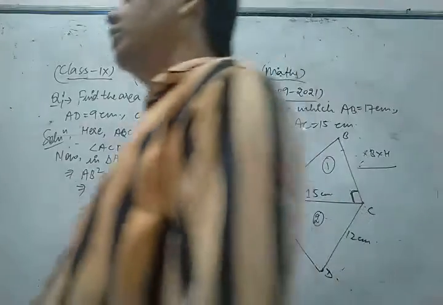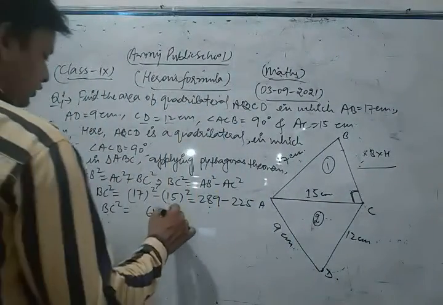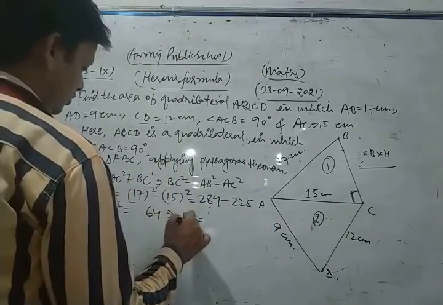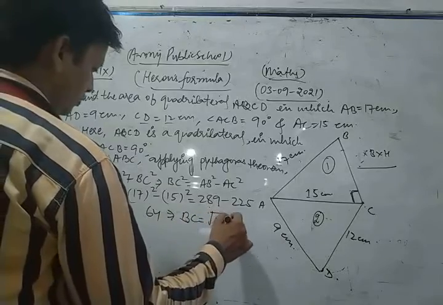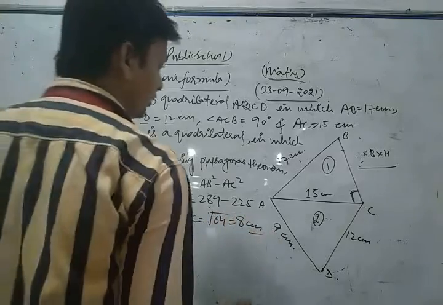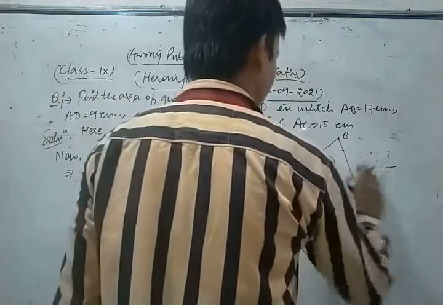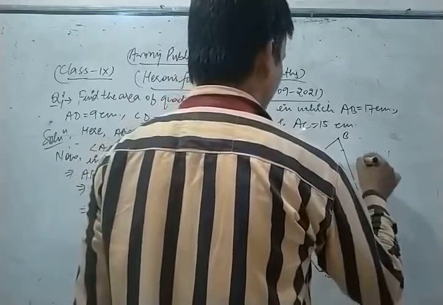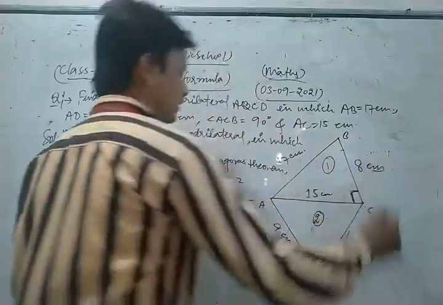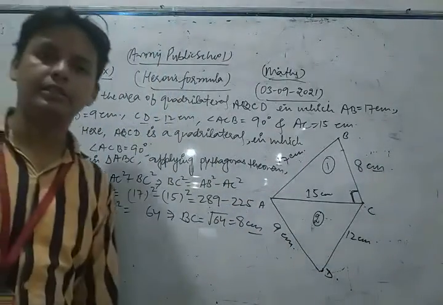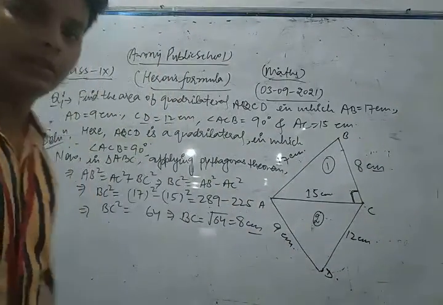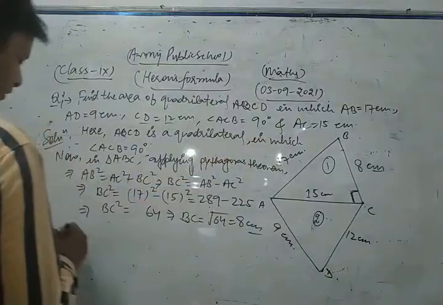Now what do I do? Look. So we get BC is equal to square root of 64, so this is 8 centimeter. In this way, we get BC as 8 centimeter. Now, in triangle ABC,